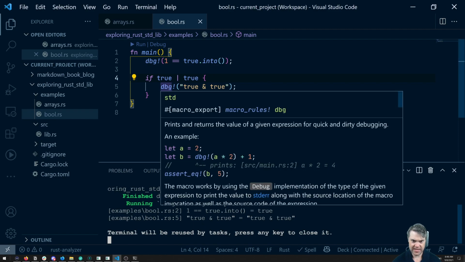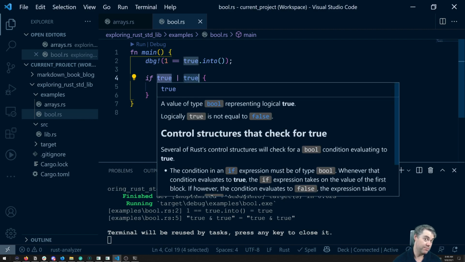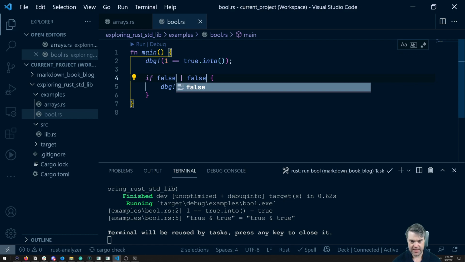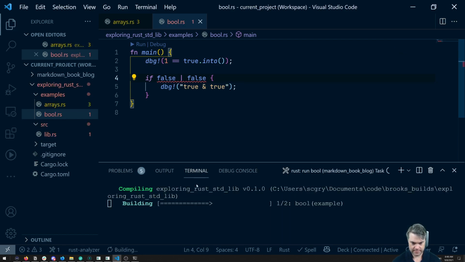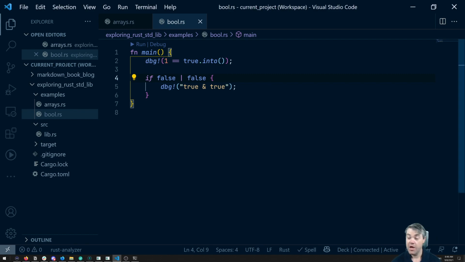Although I still get this, or we need them to be false if I want that to work. So false. Now we won't get that. There you go. Okay, so